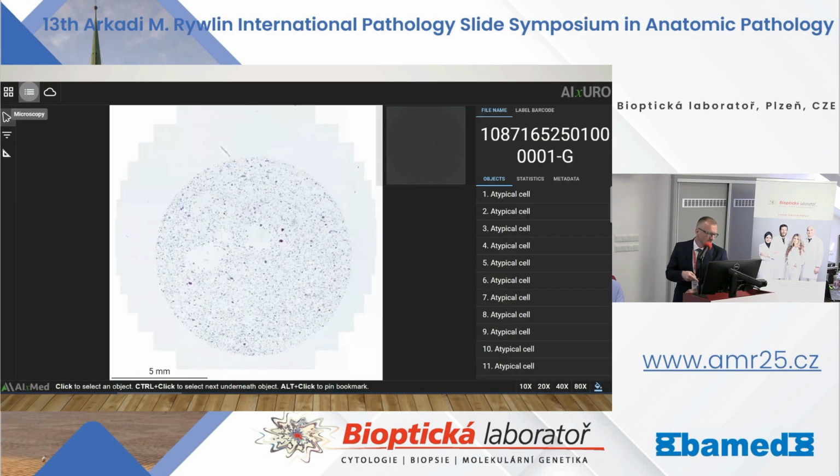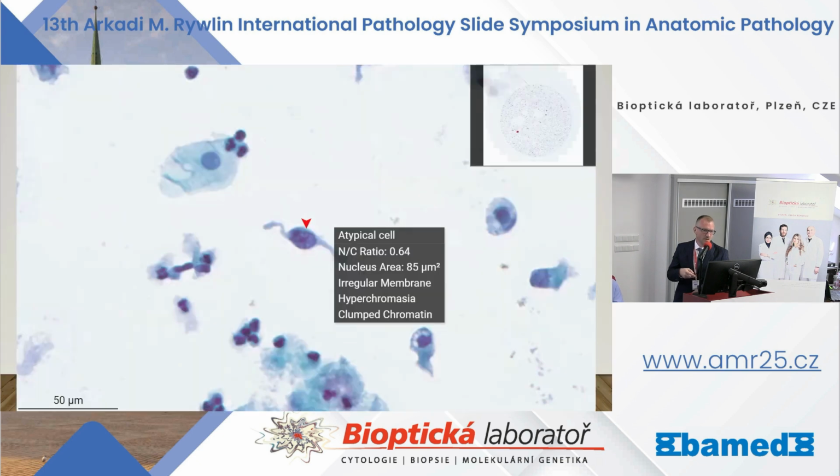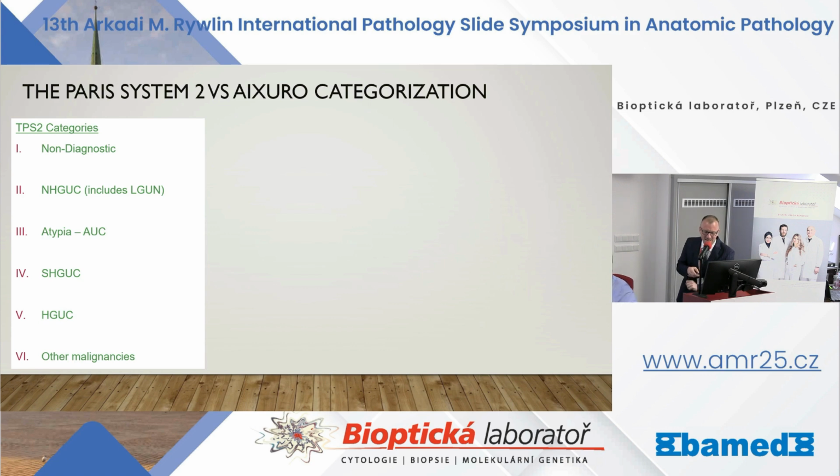And of course you can scan all over the slide on the monitor, but still for me, microscope is the number one. I feel much better when I can look on the slide, then I can compare my eye to AI, and then I can make a diagnosis. You can click on every atypical cell, and it will show it to you with all the NC ratio and so on. And let's say AI in the Paris system is